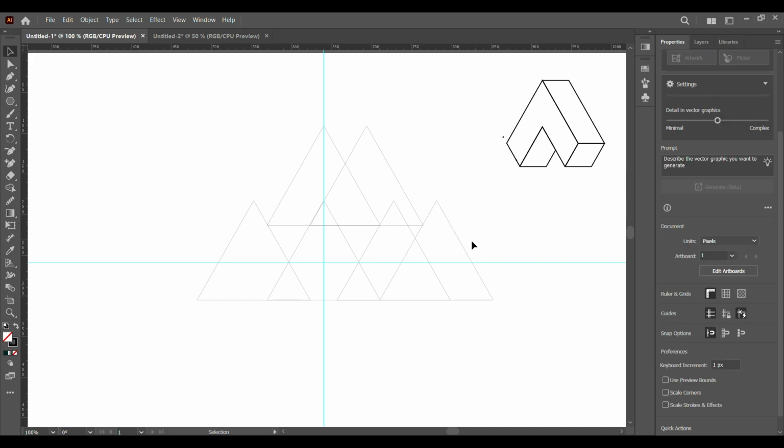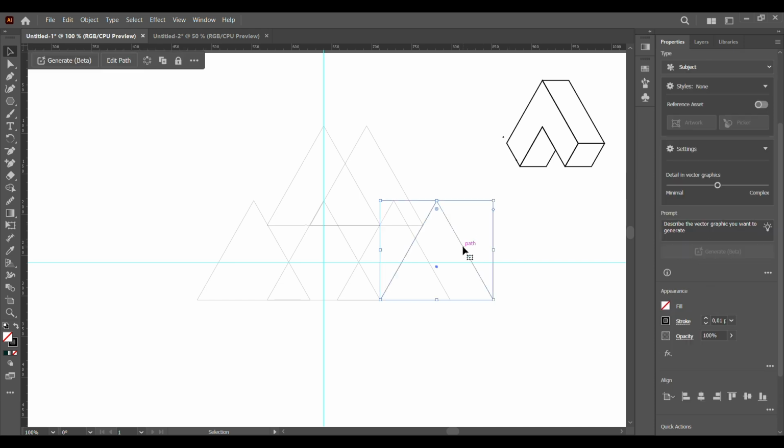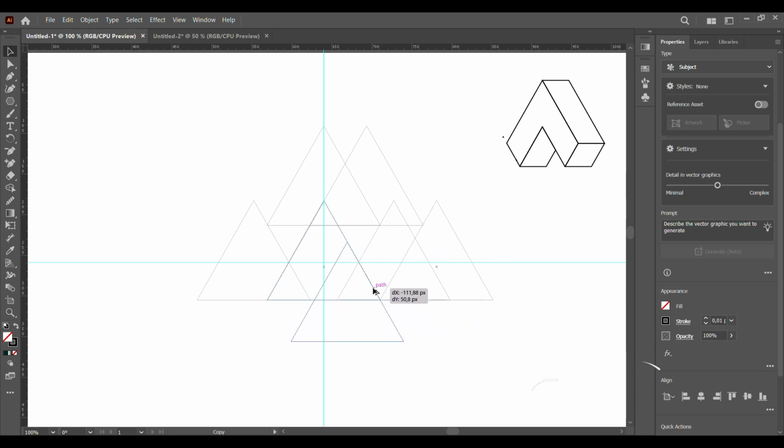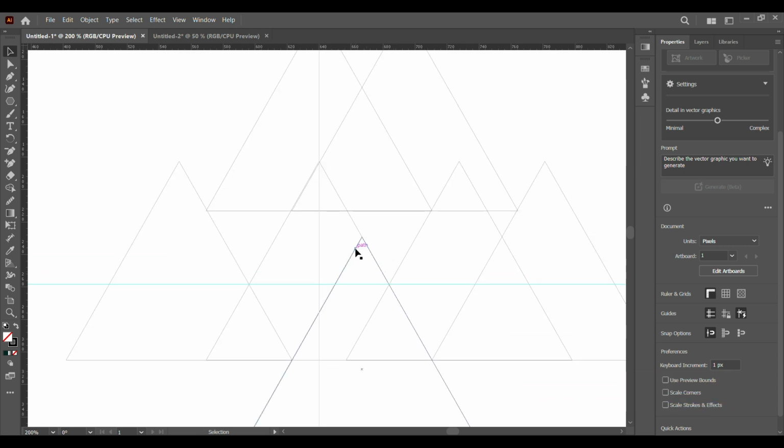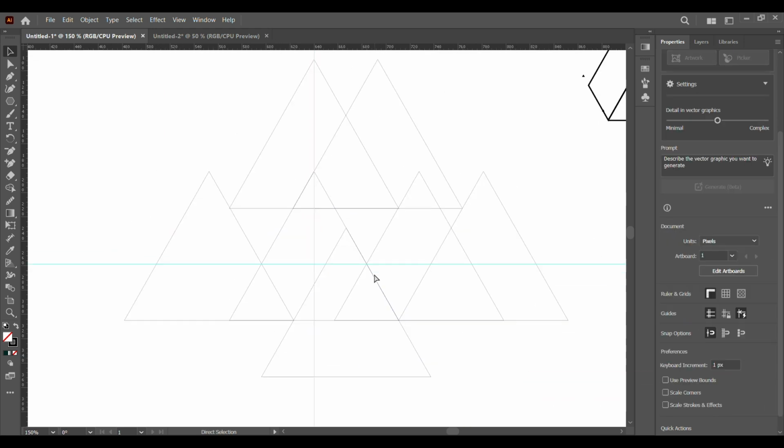And then I promise you guys, this is the last triangle. We're going to press Alt again and bring one triangle down here. So we want it to align perfectly in this angle. Zoom in to make sure that everything is well aligned. And once we're done with that,